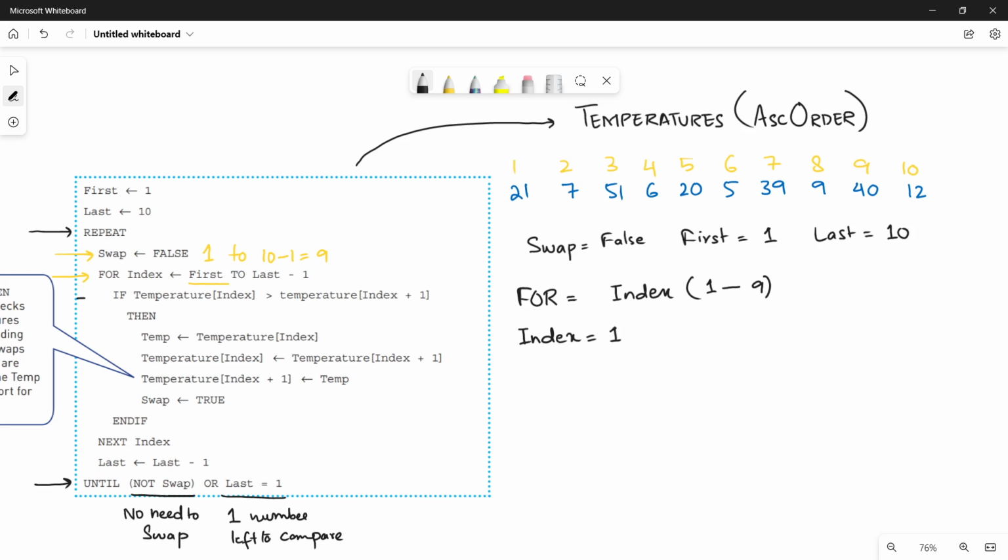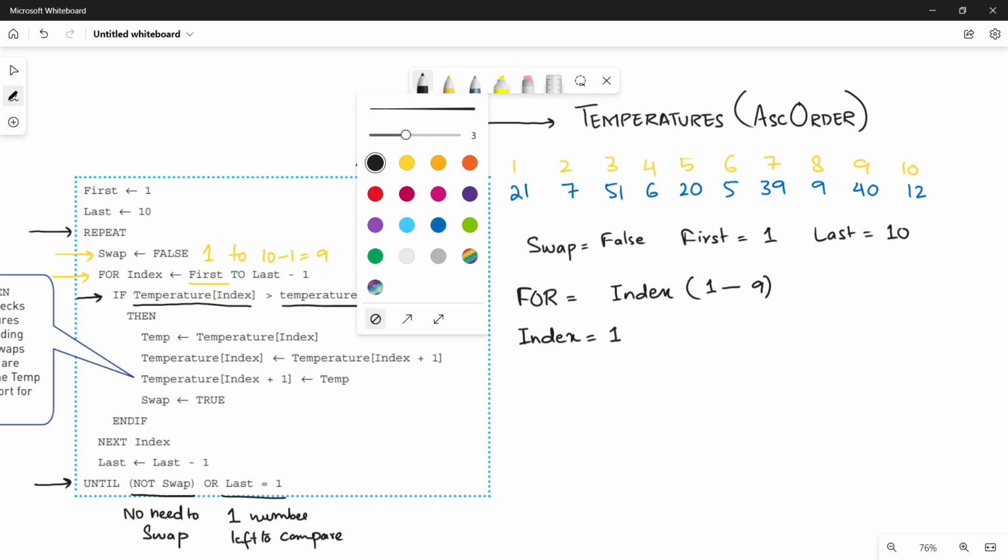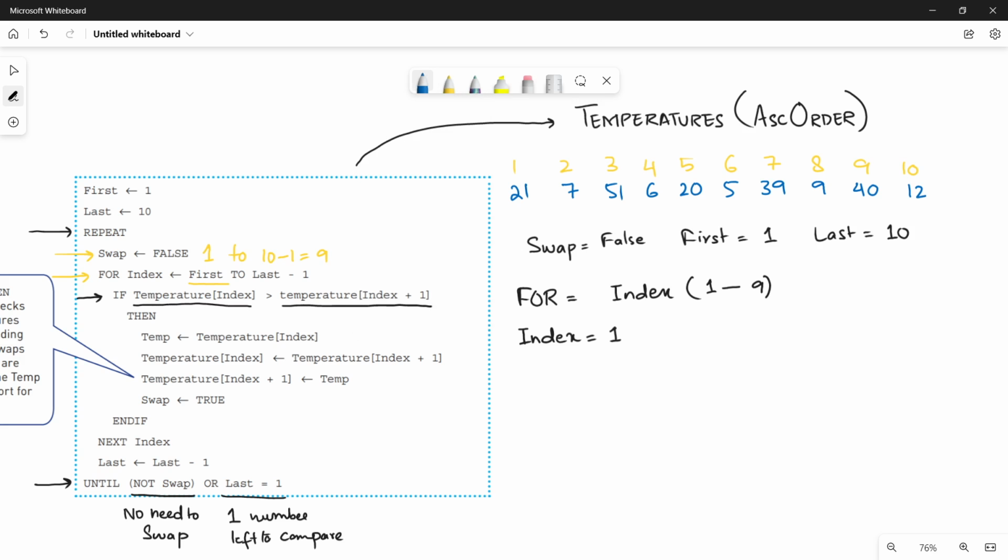After that, we will go inside the for loop. We will see what to do in every iteration. You have to check for temperature index and temperature index plus 1. What it means, let me put the value of index here to make you understand. We have to check for temperature index, that is temperature,